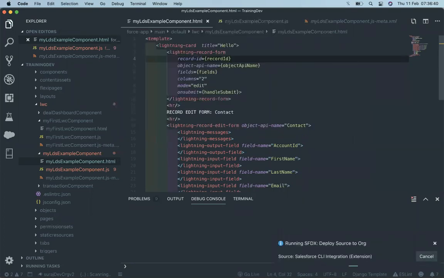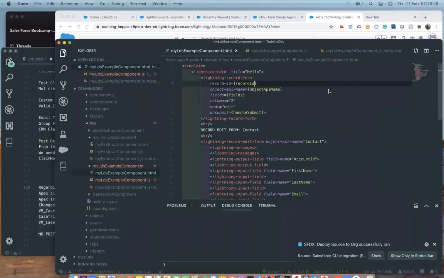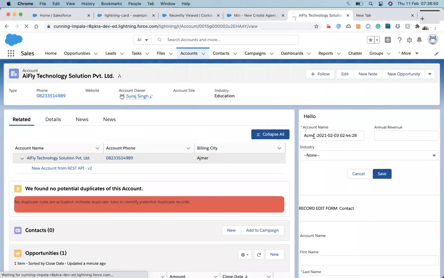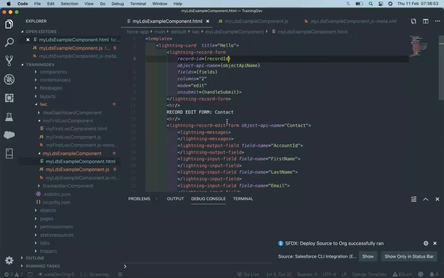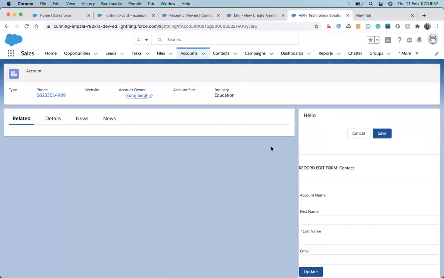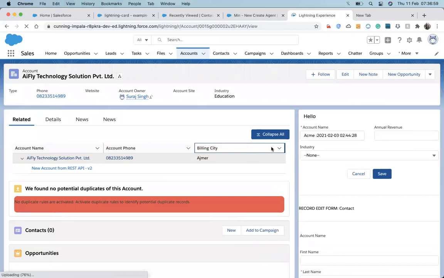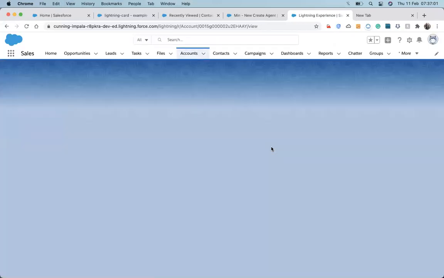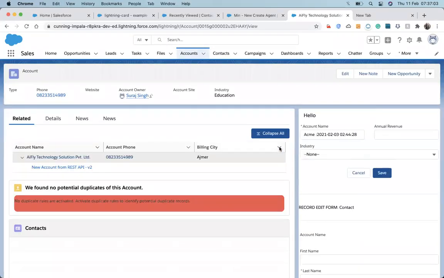It's a property of Aura and LWC that we can get the current record ID in the recordId field.